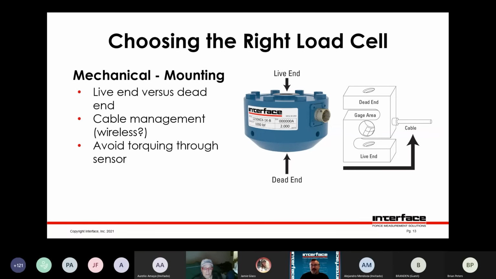If you mount it the other way with the live end up, then the cable would be part of the measurement. And if it swung around or somebody pulled on it, you'd see it in the measurement. So that's one of the good reasons to pay attention to live end versus dead end. Another thing this load cell is a good example of is if you want to apply torque when you install fasteners. You can see if you installed, say, a bolt into the dead end, if you held it by the live end, you'd actually be twisting it. And that twisting would be seen in the strain gauge area, and it could be damaging. So you always want to hold the load cell at the same end where you're installing a fixture. So if you're going to screw something into the dead end, you want to hold the dead end, say with a wrench or your hands, and vice versa.